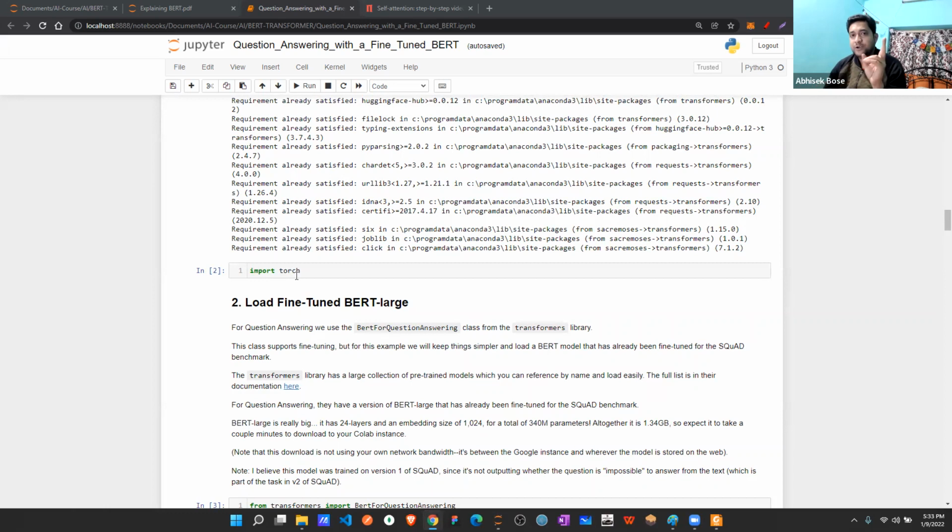So there are two very well-known libraries in the market. One is Torch, which was released by Facebook. And another famous one is TensorFlow, correct?